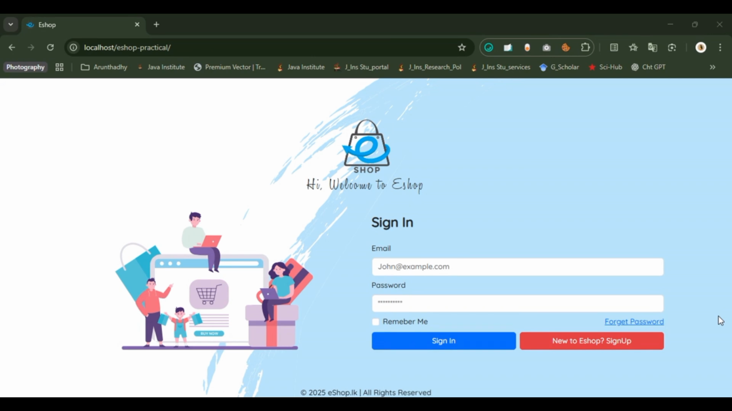Today I'm here to explain the sign-in process in the eShop project. First of all, this is the user interface of the sign-in page. Here you can see the background image, the logo of the eShop, the welcome text, and a small image in the left corner. On the right side, we have the sign-in text and the label email, and below that we